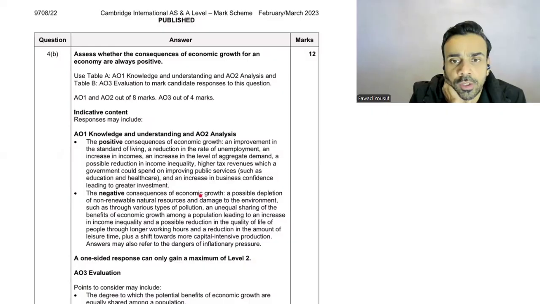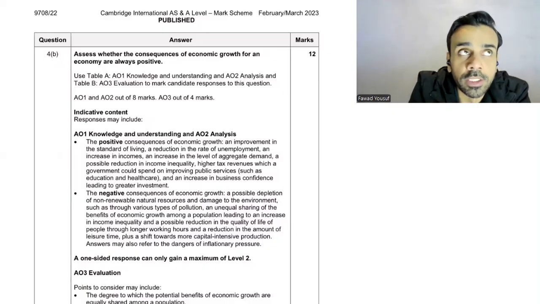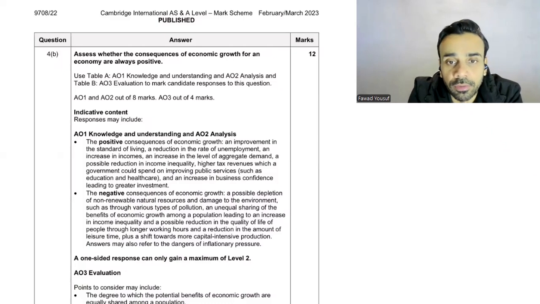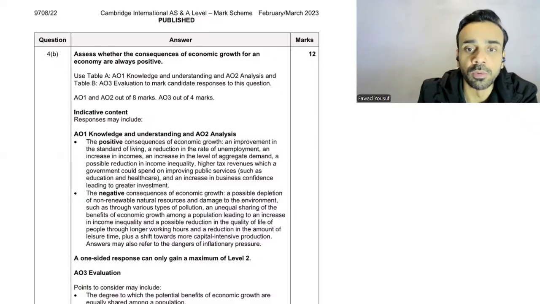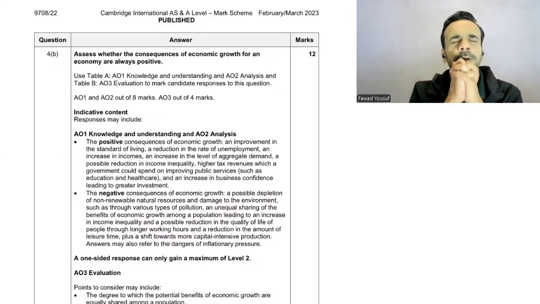Counter के अंदर they want to talk about the depletion of natural resources. Reduction. Sorry. It also says reduction in income inequality. Yeah, it says reduction in income inequality. Well, you can make a case कि अगर इनकम्स बढ़ेंगी तो... यूजुअली मैं तो काउंटर में डालता हूँ इसको। क्योंकि नीचे भी जब जाएंगे ना हम, एन अनइक्वल शेयर ऑफ द बेनिफिट्स ऑफ इकोनॉमिक ग्रोथ अमंग द पॉपुलेशन विच कैन इंक्रीज इनकम इनइक्वालिटी। तो यूजुअली मैं तो इसको नेगेटिव साइड के ऊपर लेके जाता हूँ।